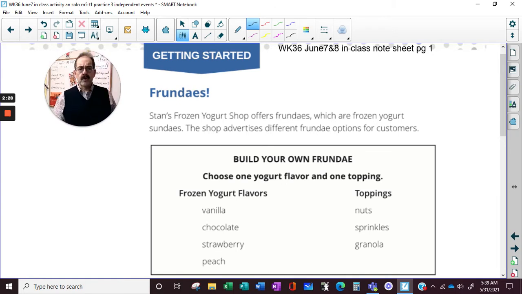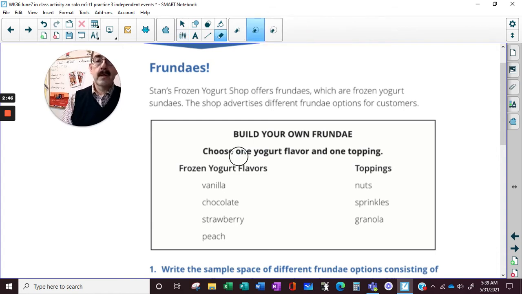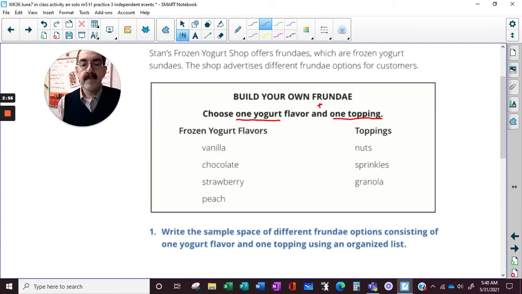Stan's Frozen Yogurt Shop offers Fridays, which are frozen yogurt sundaes. The shop advertises different Friday options for customers. Build your own Friday. Choose one yogurt and one topping. Write a sample space of different Friday options consisting of one yogurt flavor and one topping using